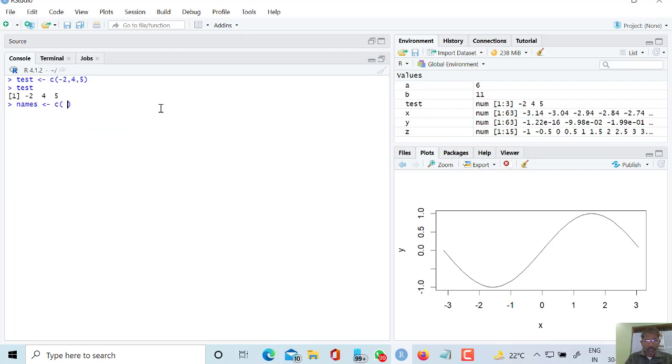In create I am writing some names like Sis, Arif, Harun, Manish, Fayyaz. Suppose these are some names.